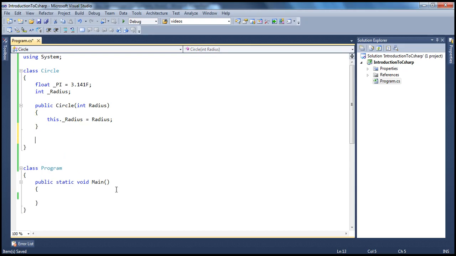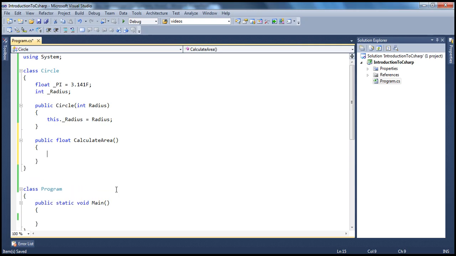And let's go ahead and create another method which can calculate the area of the circle and return it back. So public, and since we want to return the area back to the calling application, we need to have a return type. So let's have a float return type, and we will call this CalculateArea method. So what is this method going to do? Basically, this method is going to calculate the area of the circle and return the area. And we know that to calculate the area of the circle, the formula is pi r square, pi into radius into radius. So we can say simply return